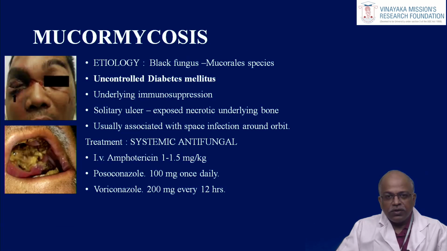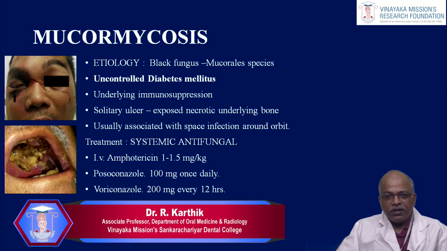Mucormycosis is caused by the black fungus, Mucorales species, usually seen in uncontrolled diabetes greater than 300 mg per deciliter or poorly controlled glycosylated hemoglobin more than 8. Such ulcers caused by mucormycosis are solitary, where you can see an exposed necrotic discolored alveolar bone associated with space infections. The treatment is mainly